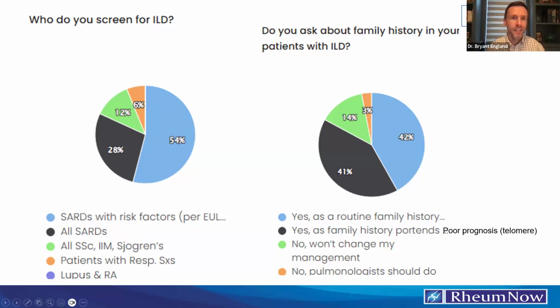Well, I was going to say that Shane's much better at taking a family history of lung disease than I am, because, Jack, my situation's much more like yours. You ask the patient, anybody in your family have interstitial lung disease? And they look at you like, what do you mean? Well, anybody in your family have pulmonary fibrosis? They still give you a look. They're not quite sure. You say, anybody in your family have lung disease? And they're like, yes, I've heard of the lungs. And they had a problem there. And so I have not found it super useful for my screening.